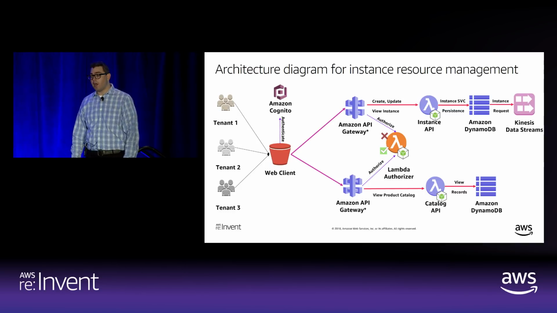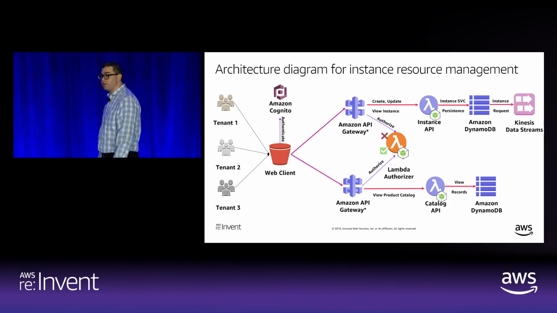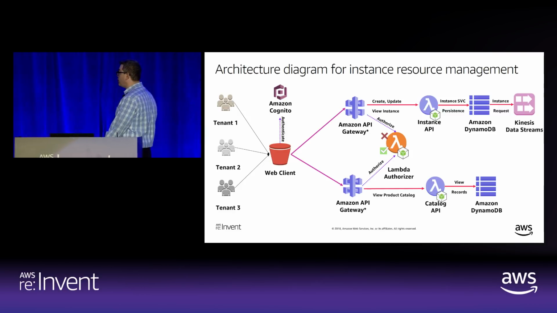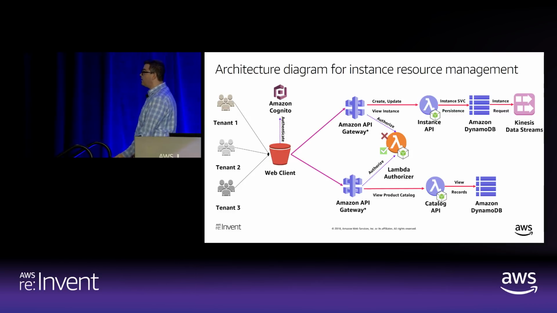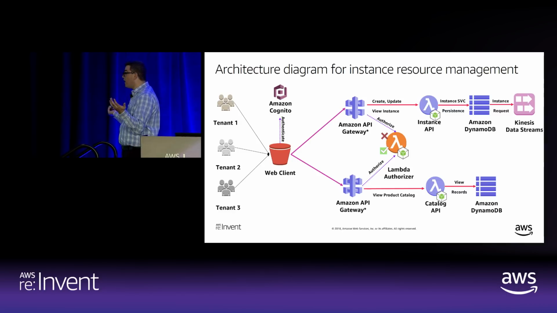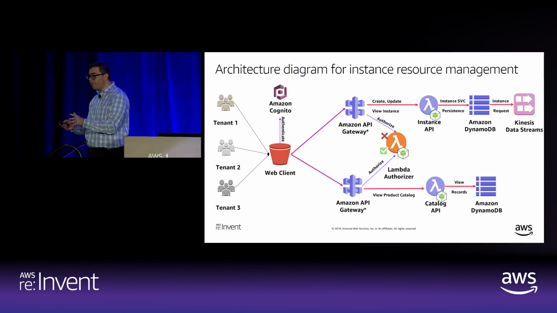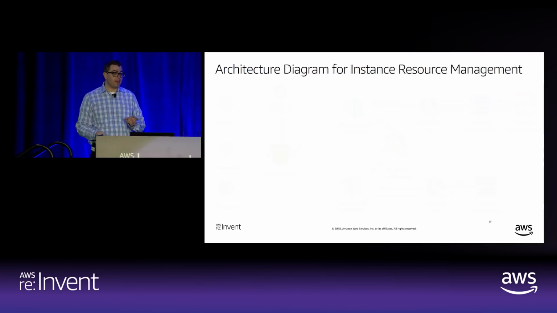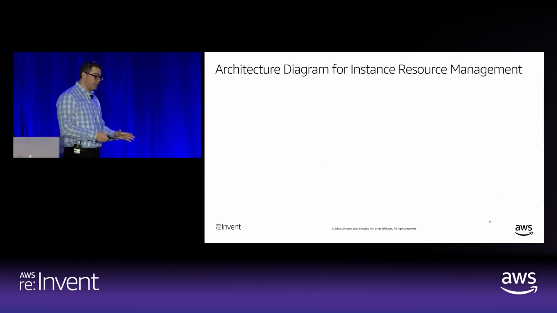What do I want? I want a CRM application to be provisioned. I want a load testing suite to be provisioned. I want a NoSQL database. I want a machine learning algorithm deployed. Whatever the case may be, whatever you're delivering to your customer, that's going to be the request. They're going to make the request saying, I want X with corresponding config, and you push that out directly to a stream.